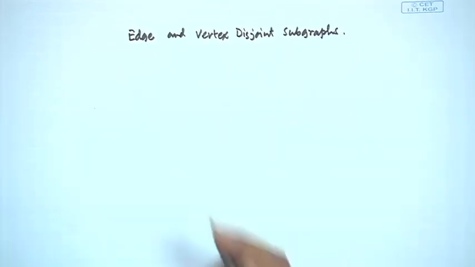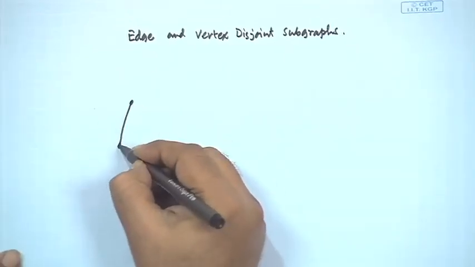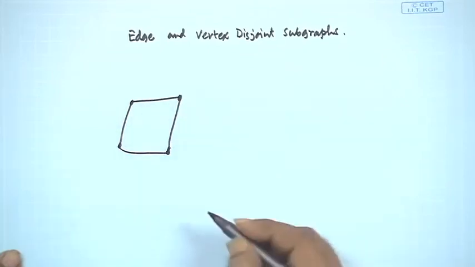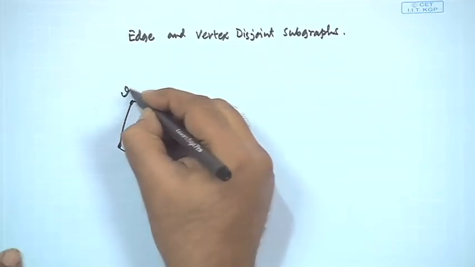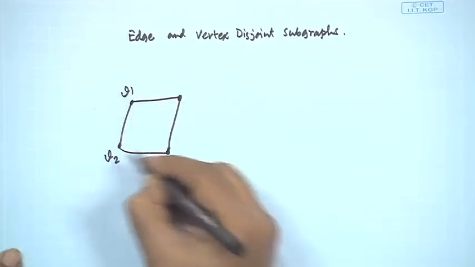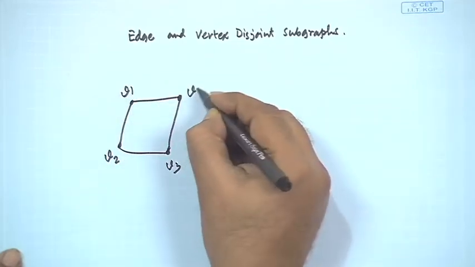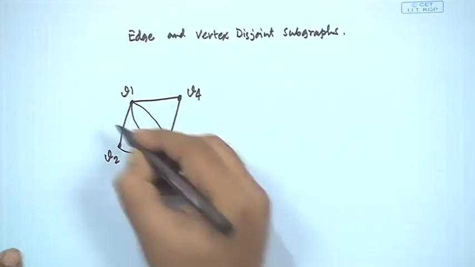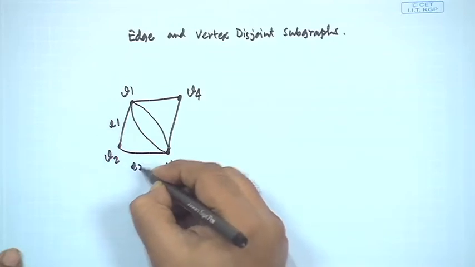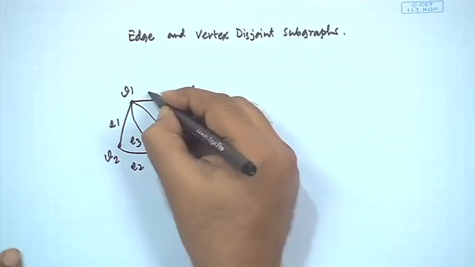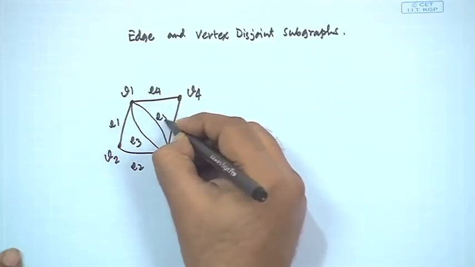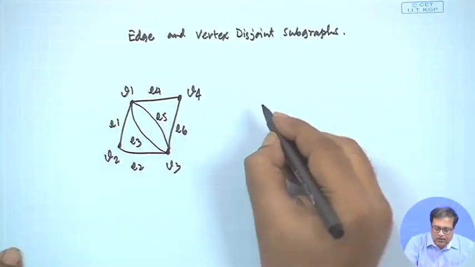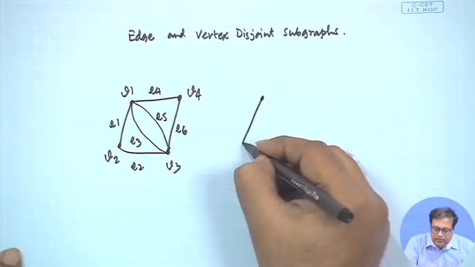All right. So, suppose I have a graph here. This is V1, this is V2, this is V3, this is V4, and here are E1, E2, E3, E4, E5 and E6. So, if I draw like this,